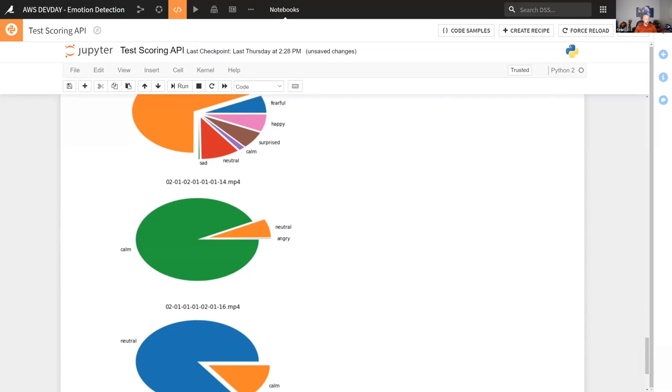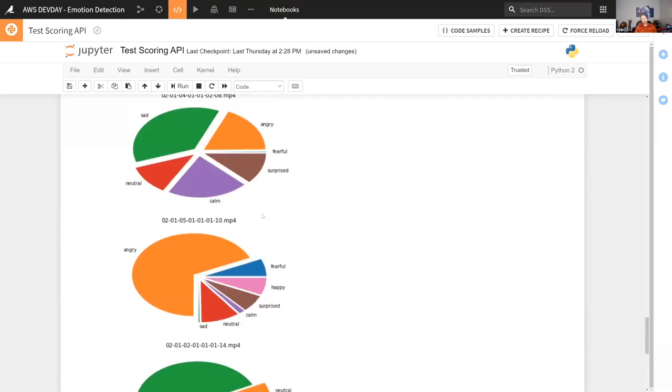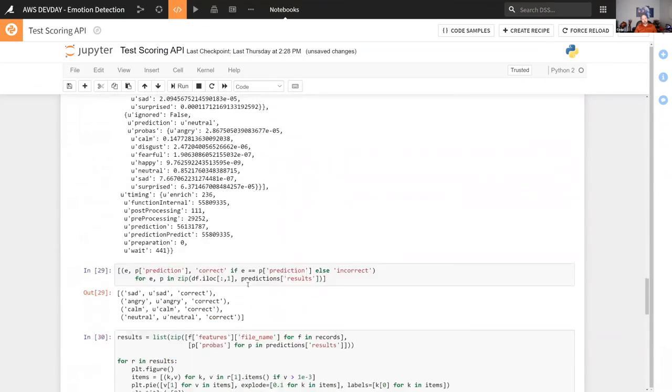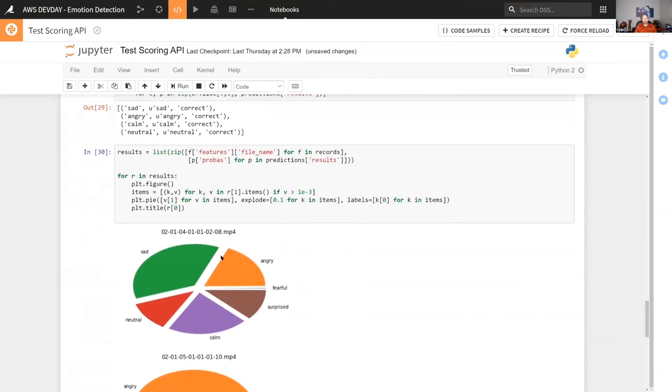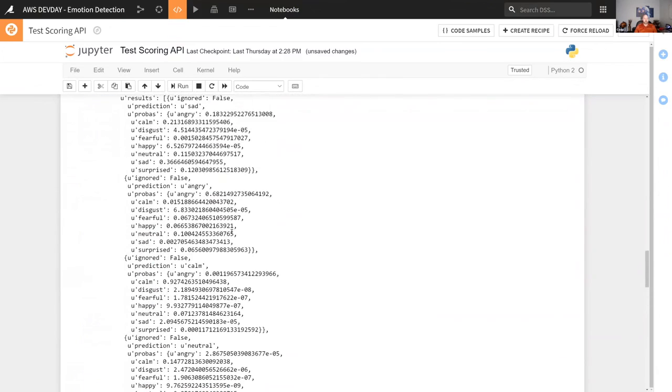So at this point, we now have all of the APIs. I've deployed this to an API server. I have tested this API and plotted my results. Quite a set of accomplishments. Now we have a service that actually could be used by the business or the users to automatically submit, score, and retrieve videos. There's one more thing we can do to distribute this work, and that is to build an